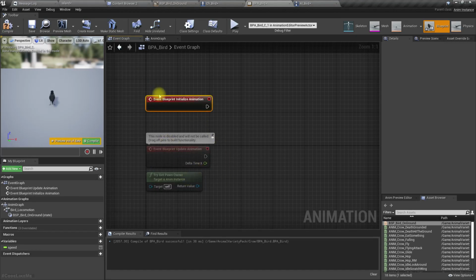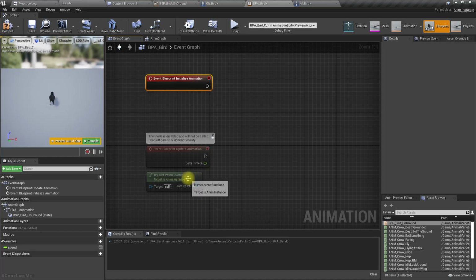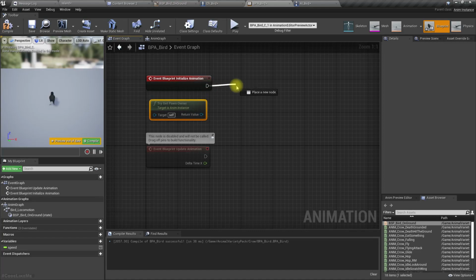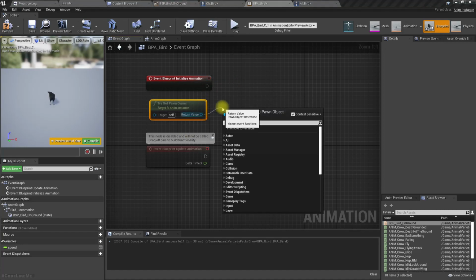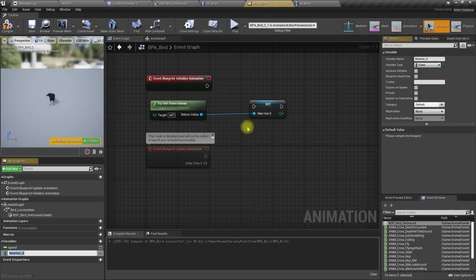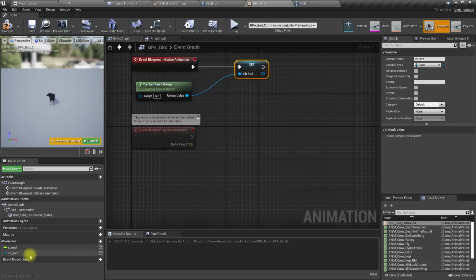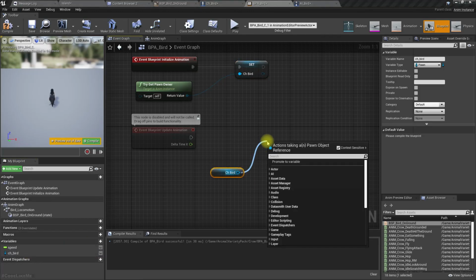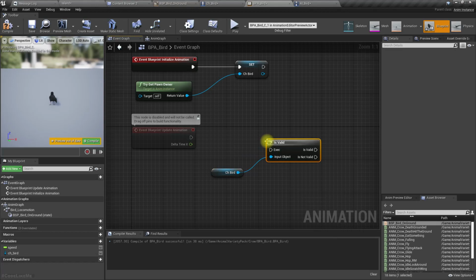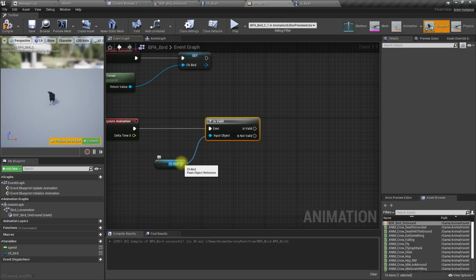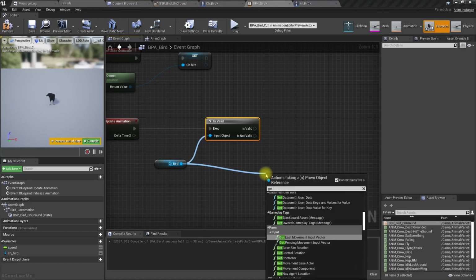Here we can get this and promote it to a variable, let's call it ChBird, and in the update animation, if we have a valid ChBird reference, so this is a pawn object, get speed.